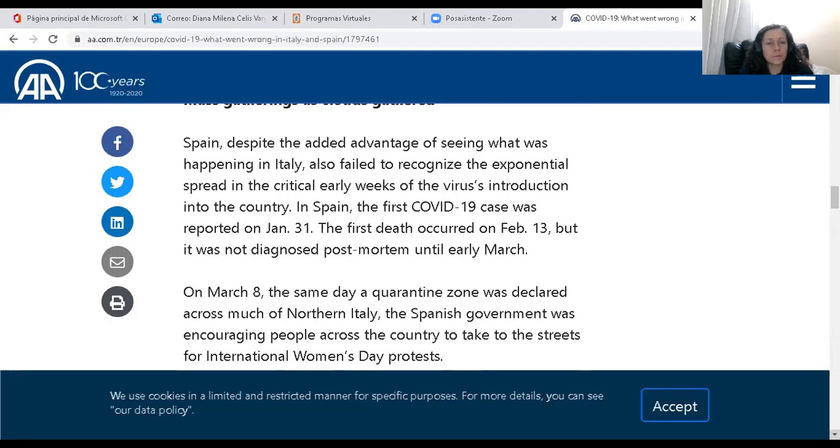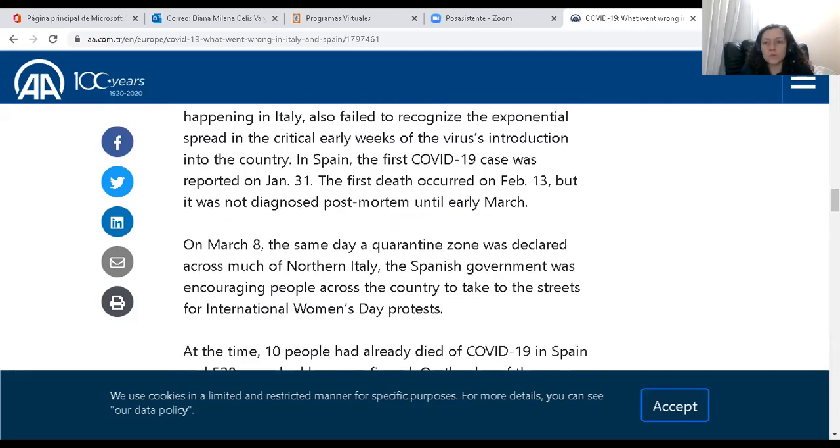The first death occurred on February 13, but it was not diagnosed post-mortem until early March, one month later. On March 8th, the same day a quarantine zone was declared across much of northern Italy,